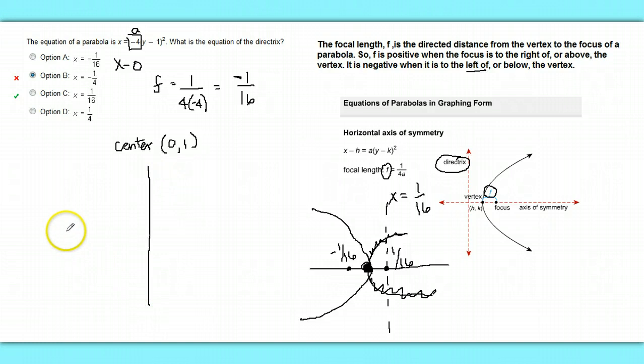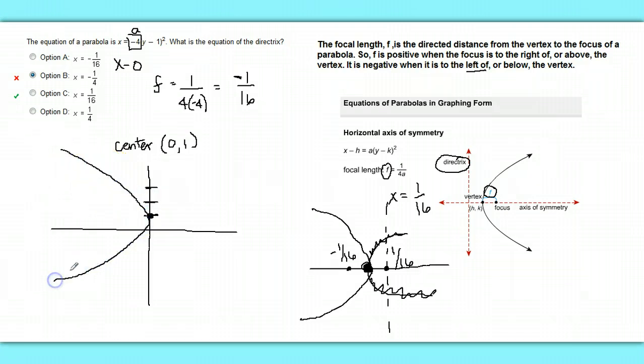So we could kind of redraw this, might help. So we have 0, 1, so let's say this is your y-axis. 0, 1 would be there. So your parabola is going this direction, and the focus is at -1/16. So because this is the origin, 0, 0, -1/16 would be, it's probably not quite to scale, but over just a little bit that direction. So your focus is going to be here, your focus point, and then your directrix will be that same distance but on the other side. And that's just